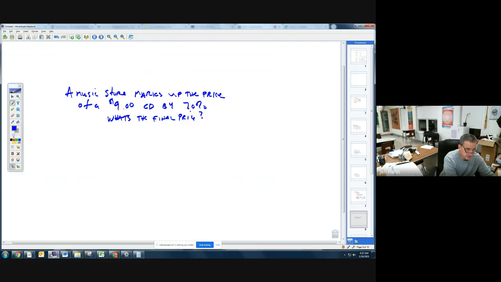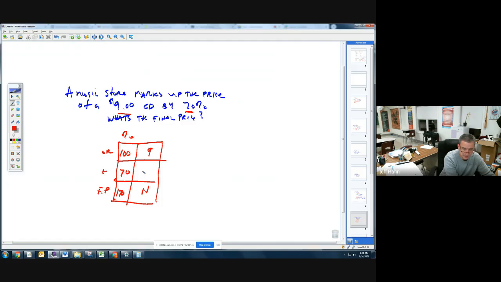Oh, it's a great question. So again, here's what it would look like. Here's your percent/ratio box. I'm still trying to figure out how to write on this thing. Here's our percent. Remember, original is always going to be 100%. I know I am marking it up 70%. This is a percent increase. And then our final price, I'm going to be paying 170% of what the CD originally cost, which was $9. So here I have all the pieces to my puzzle.